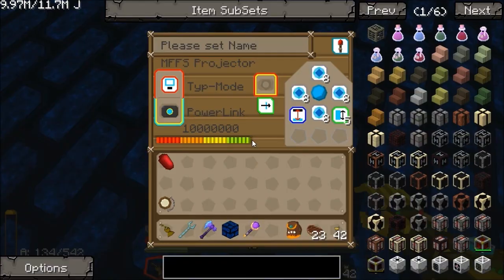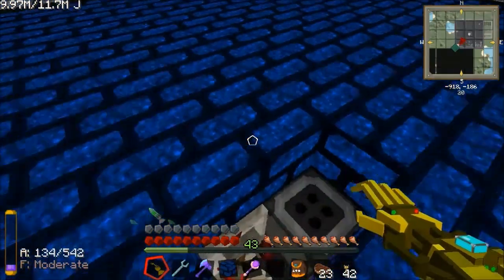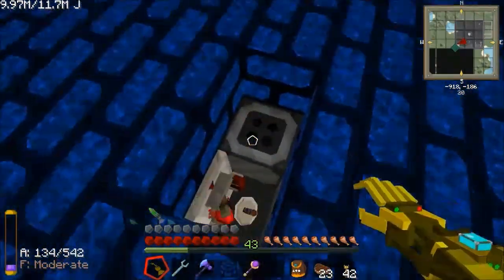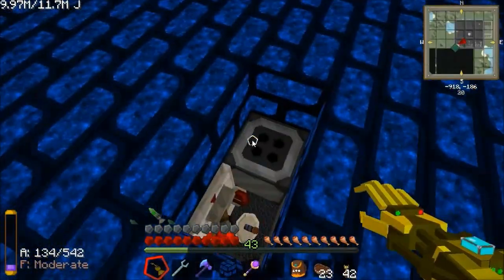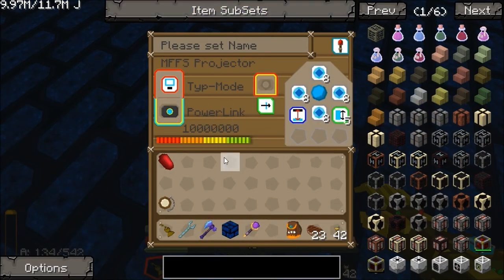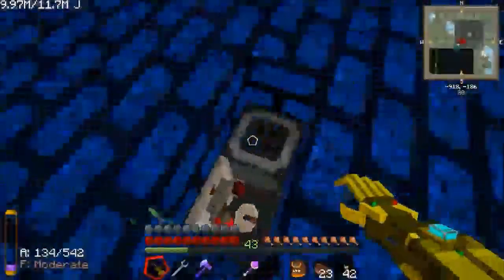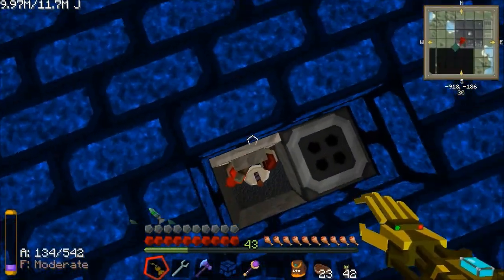And let's just have a look in there. We've got one distance, which means the force field starts one level above, so it doesn't actually start in the floor. Then we've got 5 strength, which makes it 5 height, and then I've got 8 in each direction. So we're a 16 by 16 square, and I believe